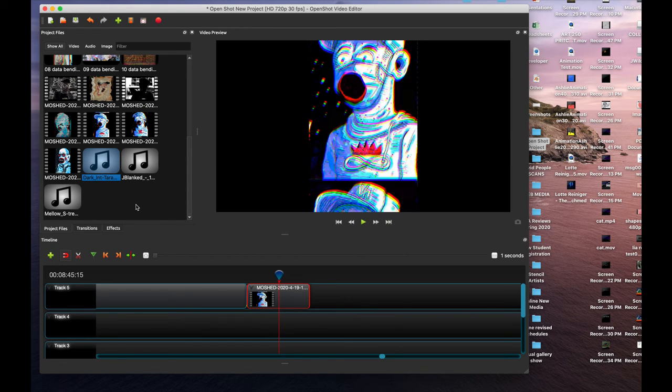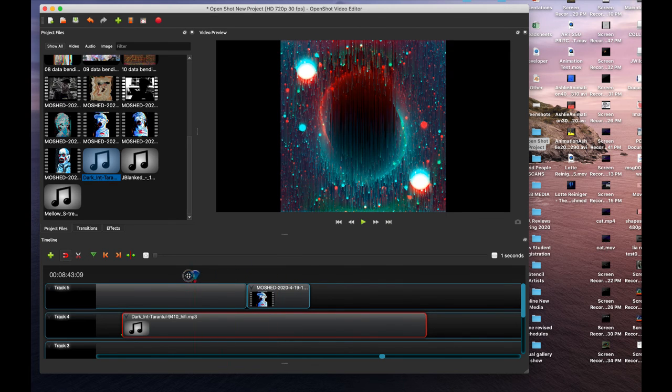You can select a piece of audio, and you can bring that down by dragging it down and dropping it into one of the empty tracks. So I'm going to drop it into track 4. If I play this now, in the play area, I get a preview. In this case, it's this kind of texture that looks kind of like outer space. And then I have a little green play button. If I hit that,